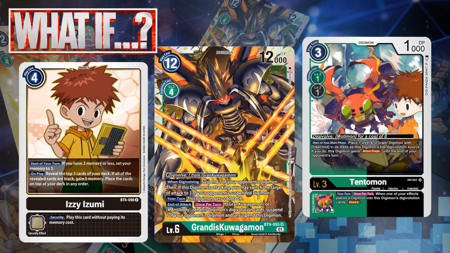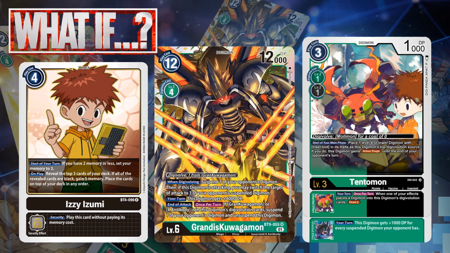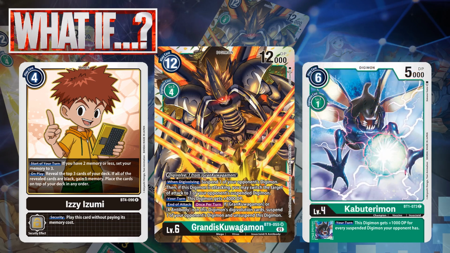Say you had a Tentomon card that let you, for one memory, place one level 4 or lower Digimon under it as its top Digivolution source, and draw 1. And it gains Armor Purge until the end of your opponent's turn. Then you attack, and it's not deleted. Well, your opponent now has to deal with it. But what if there were other ways you could slot Digimon sources, or even regress them like the new Grace